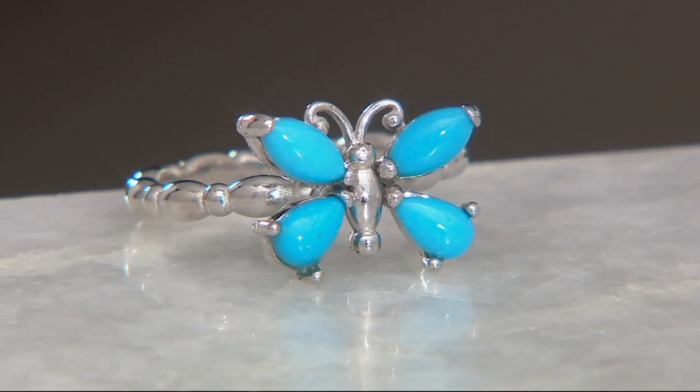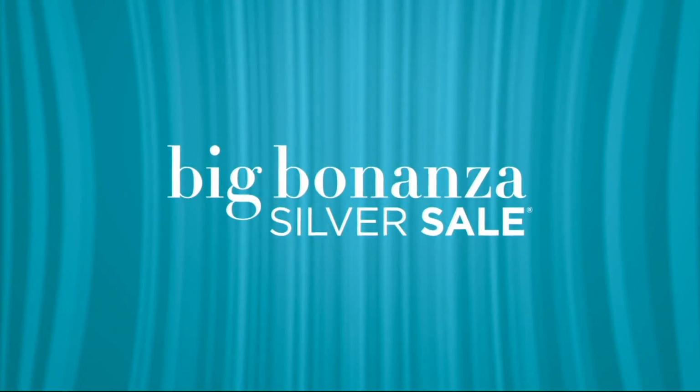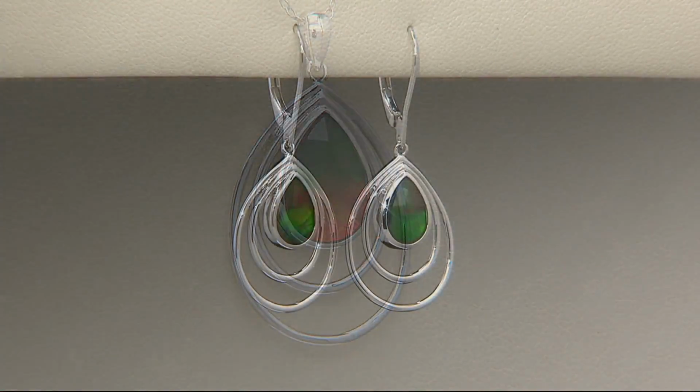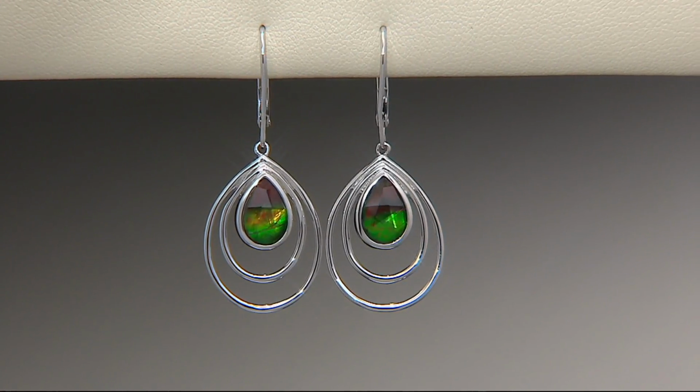Michelle, you'll be back with the beautiful ammolite that you're wearing. Oh, yes. That's coming up. And we're going to show you the pendant information that maybe you just saw on Michelle. Ammolite is so neat. This is a gemstone that looks like it's from outer space. It has all the colors of the